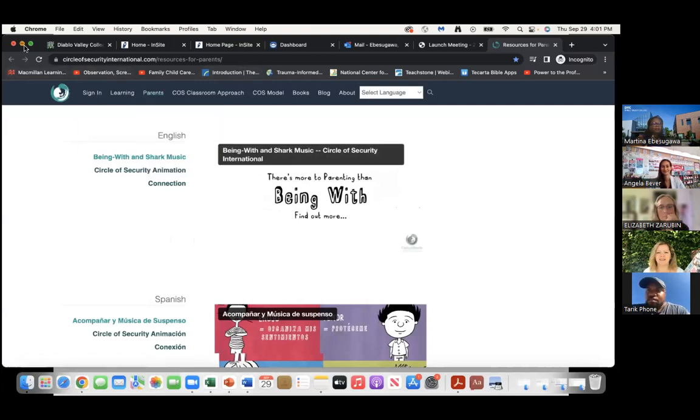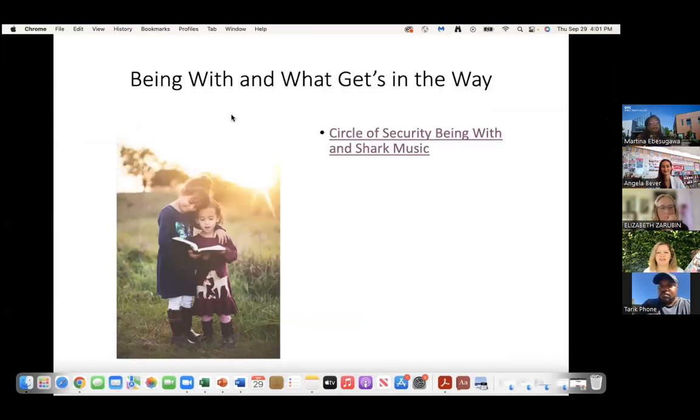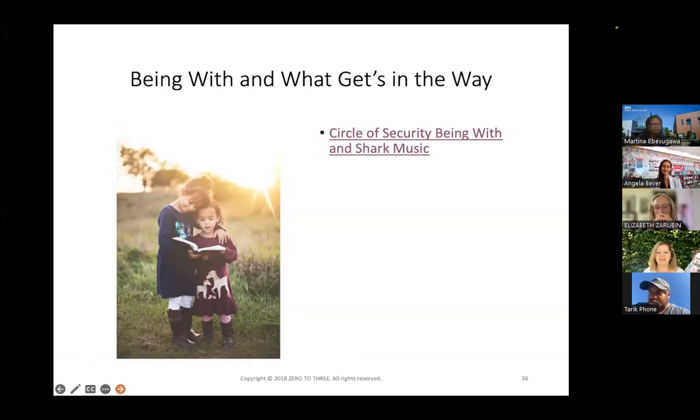Okay. So that was just about how we can be affected by our own anxieties from the past of how we were raised. And so it blocks us from being able to be responsive to children. As you can see here in this picture, this child is being really responsive of this other. And if you can imagine a parent or a teacher being responsive of a child. And so we'll end with our final slide.